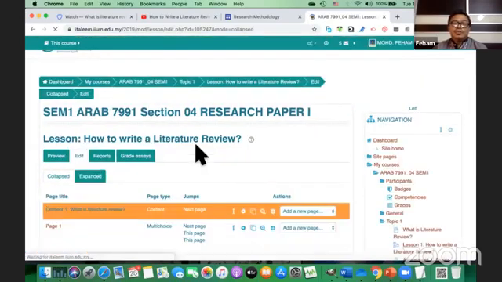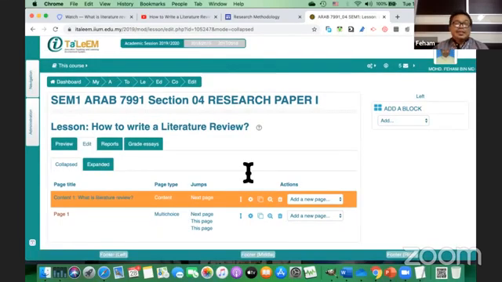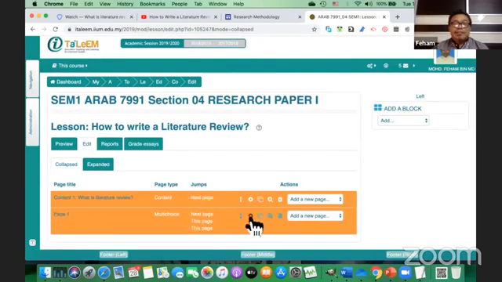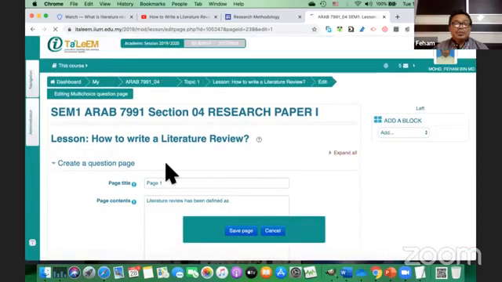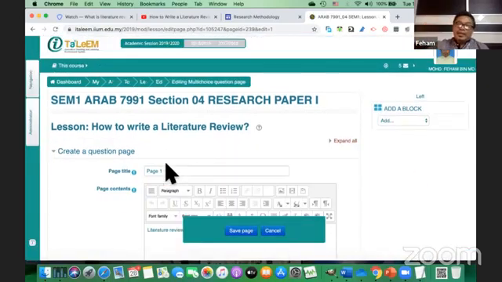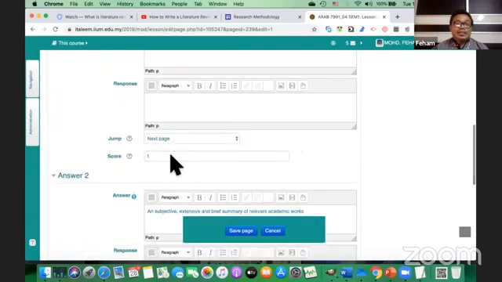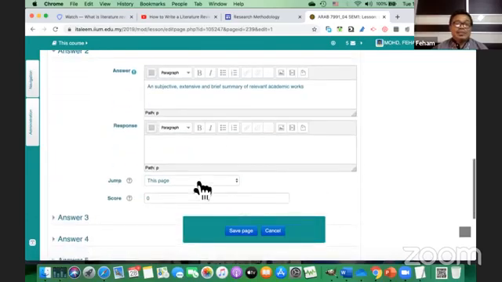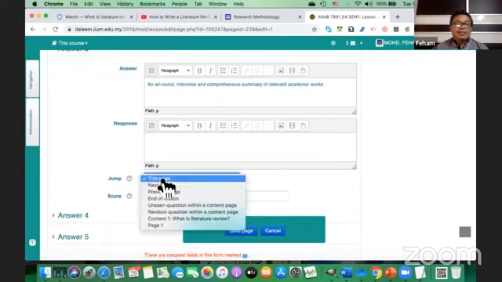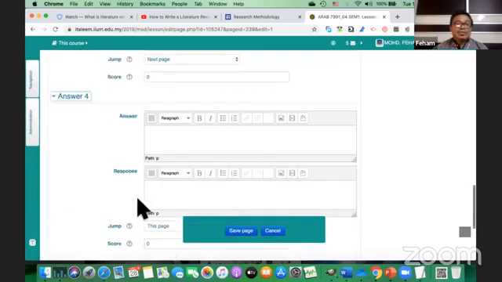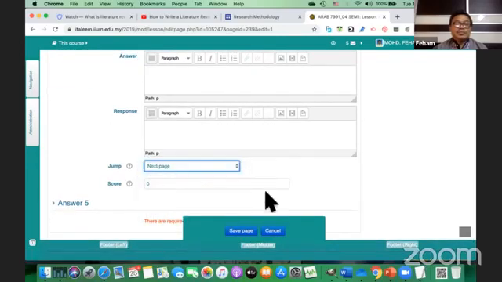So this is the collapsed view of your lesson module. Just do a kind of amendment, because you have to change from this page to the next page, or else it will not move. The movement of the flow goes straight away, it will not recurve back. It just goes straight away until the end. So I change the flow to the next page rather than this page. This is next. Answer 3 is also next, and then answer 4 is also next, and then save.